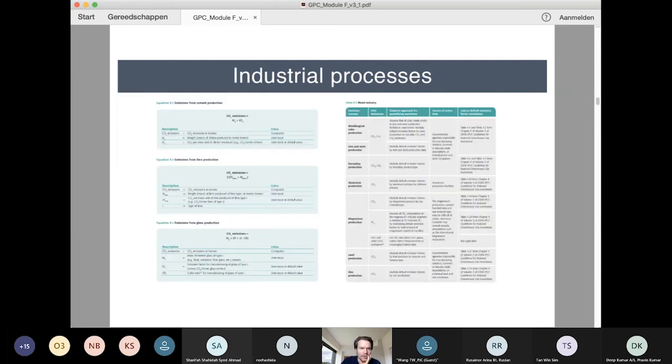And then you've got this table in the GPC, which gives you an insight into the different equations for calculating emissions from industrial processes. In this case, we've got cement, lime, glass, and the metal industry. So this really gives you a good idea of what's going on. But if you decide this isn't relevant to your inventory, no need to read that chapter. If you do, then I would very much deep dive into this particular chapter to find out more about industrial